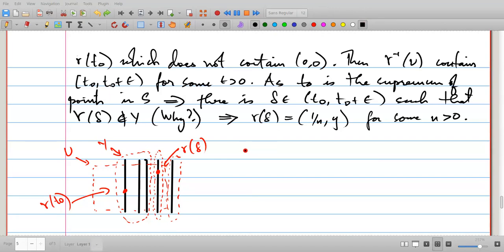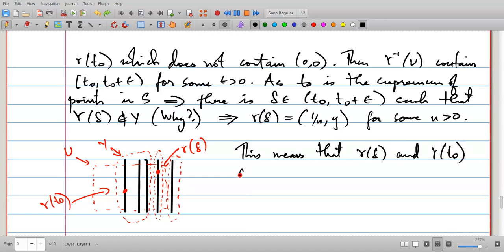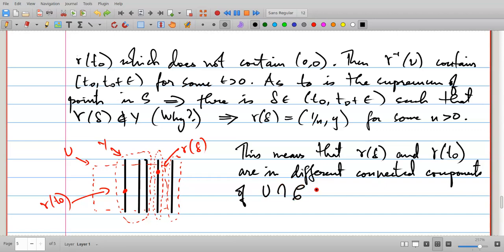So this means that gamma of delta and gamma of T naught are in different connected components of U intersected with C. But this is a contradiction,